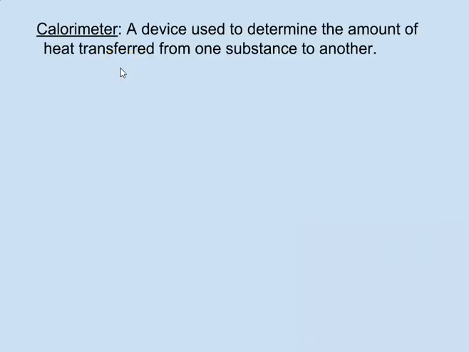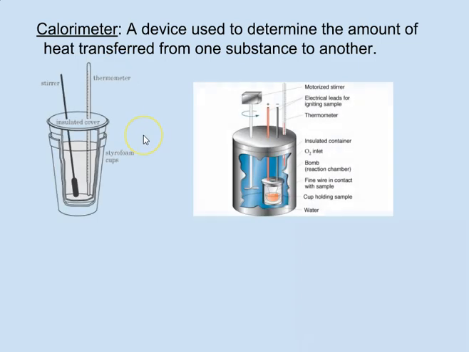A calorimeter is simply a device that allows us to track temperature changes. And what makes a calorimeter great is that it is insulated. So this is called a bomb calorimeter because there's a little compartment where they set off a reaction. And it's very well insulated, so very, very little heat, if any, is escaping to the surroundings. This would be called a closed system. So we can assume here that all the energy lost by the reaction is the same as the energy gained